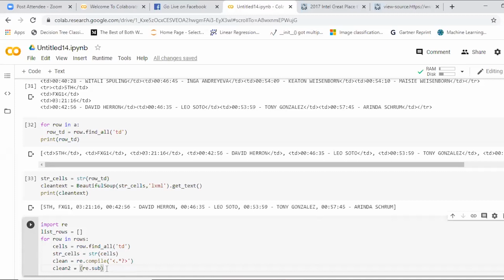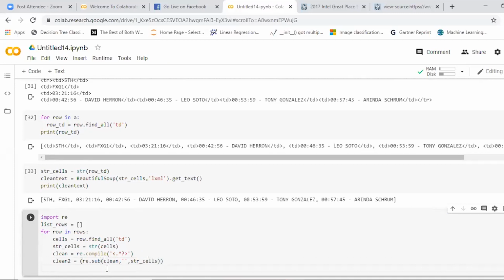So we substitute this data with the clean data, and we give out the original data within quotations. What is your original data? str of cells. Then we close the brace.